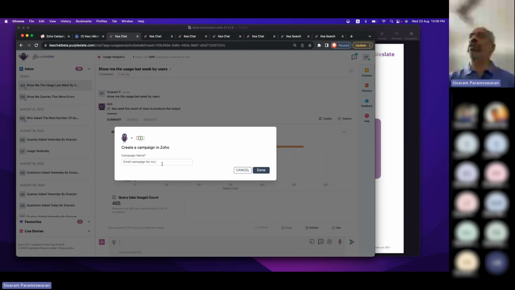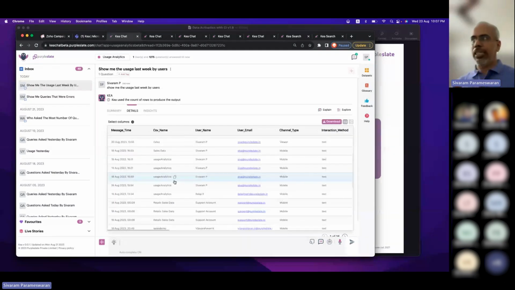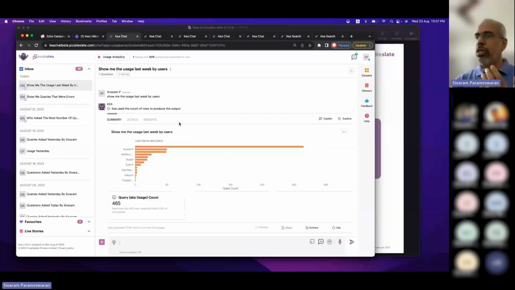Compare this to how it happens today in any setup, where people will download this into an Excel sheet or send it to somebody, and then somebody will work on this Excel sheet and manually do this within the CRM application. I think that's the way the action, or what we call quote unquote data activation, takes place, right? Instead, what we are saying is, here is a platform which not just produces your output, at the same time it also helps you work on it, or rather take action on it.